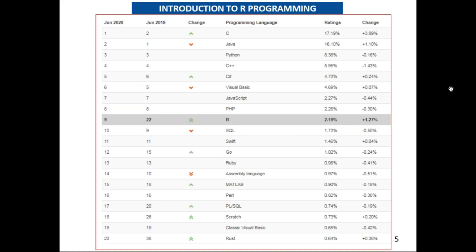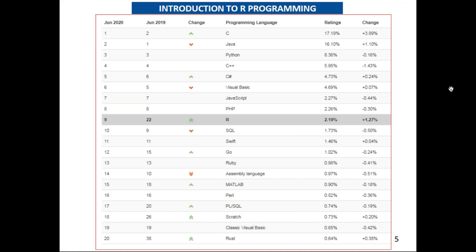The ratings are 2.19%, and the increase is 1.27%. Now you can see the popularity of our programming language, the importance, increased from last year to this year.